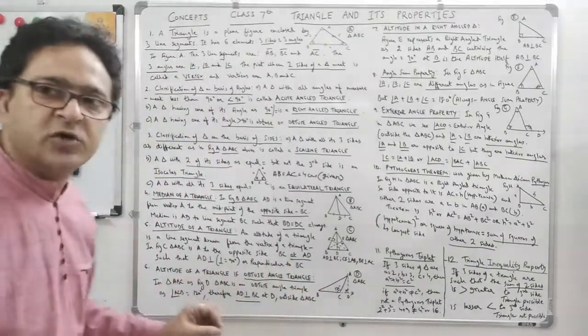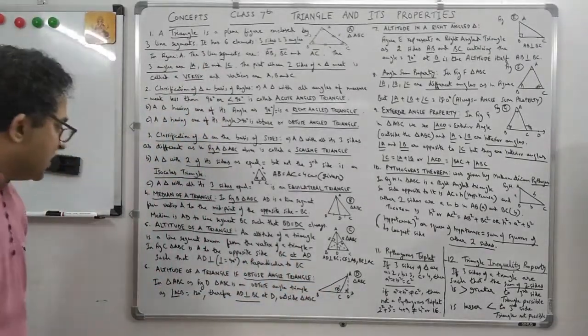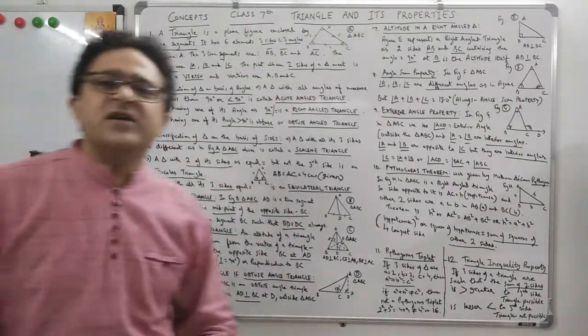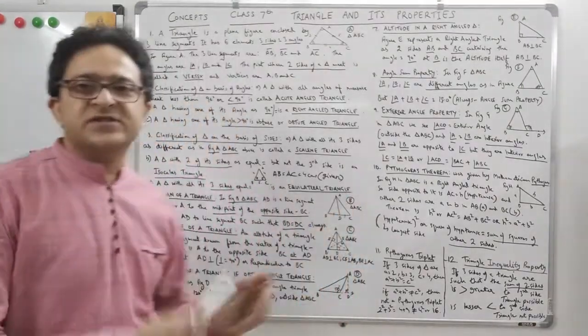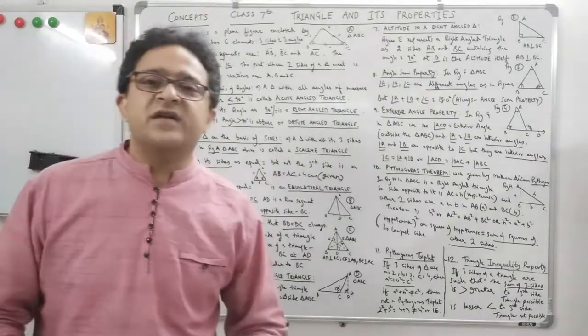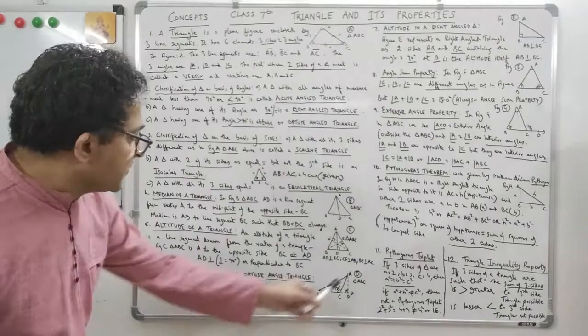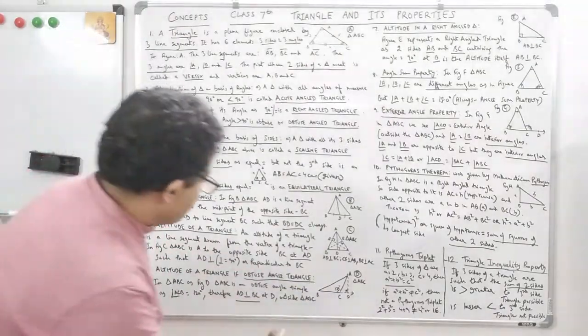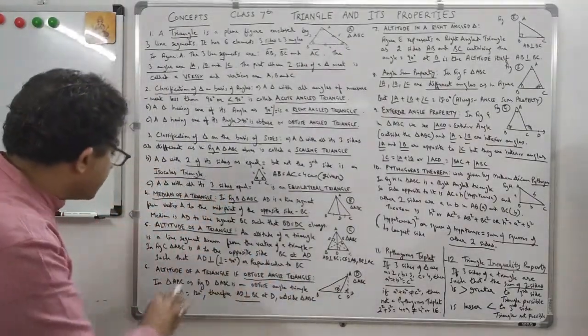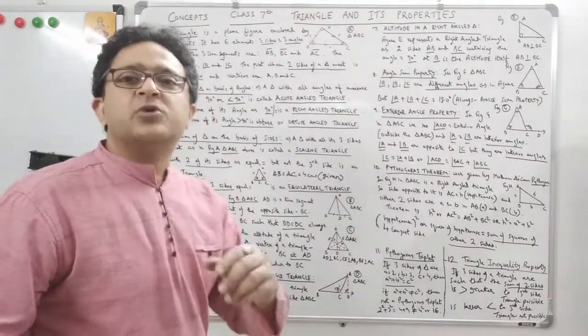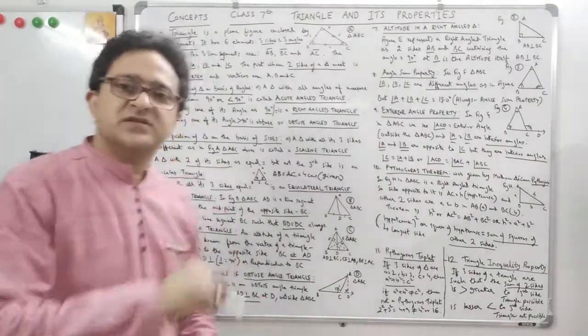What all was mentioned over here. Now altitude of a triangle if it is an obtuse angle triangle. What is an obtuse angle triangle? As I already mentioned earlier, one of the angles will be obtuse, that is, more than 90. So let's see. I have taken a figure D in triangle ABC. In this case, what happens? Whenever you have to make an altitude of an obtuse angle triangle, the altitude will always be outside the triangle. So this is what is mentioned here.